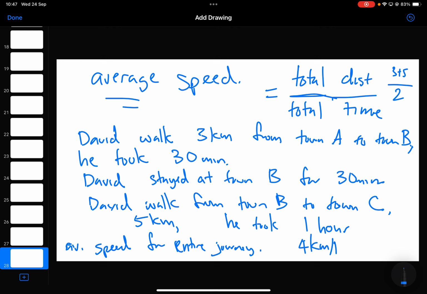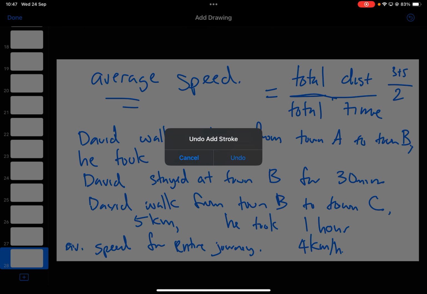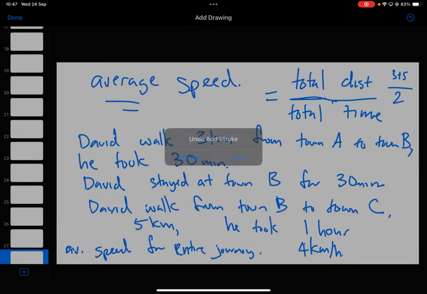This is the whole idea. But in the question, sometimes they may not straight away tell you 3 kilometers. They may not straight away tell you he took 30 minutes. They may give you the speed, then you go and work out the distance. They give you the speed, then you go and work out the time. But the whole idea is, I add the total distance, I add the total time, then I just divide. Okay? If you can do all these questions, you sure get A1. If you make too many mistakes, then can